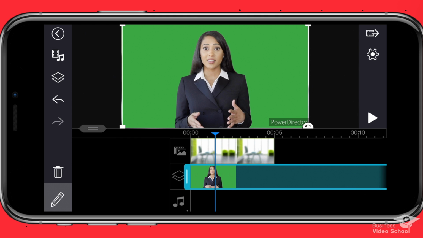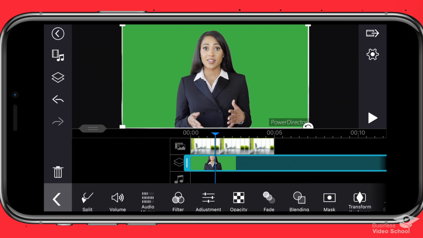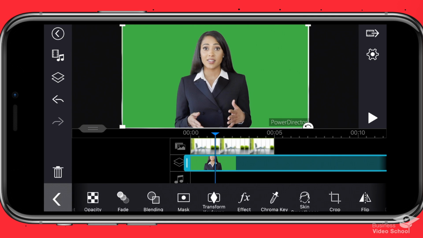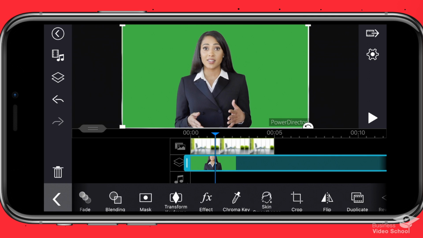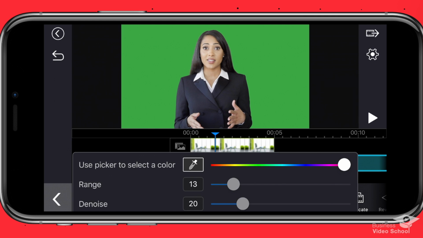We're going to go over here to the little pencil icon, which is the edit icon. That's going to bring up a menu of different options. I'm going to scroll to the right, and you'll see here this option called chroma key. That's the option that we're looking for. So we're going to tap chroma key, and we're going to say use picker to select color. So I'm going to tap on the little color picker there, and I'm going to just tap on the green,